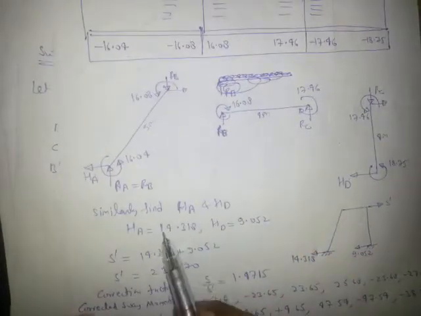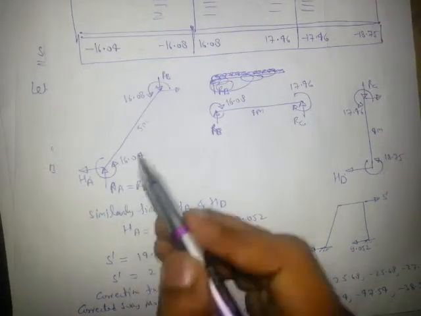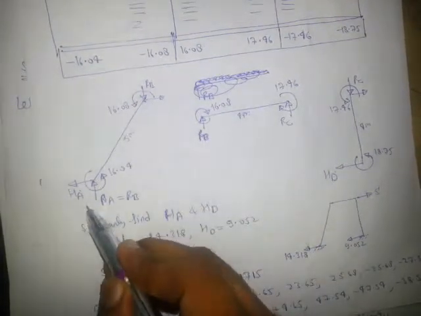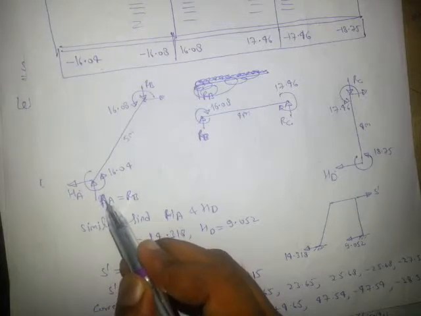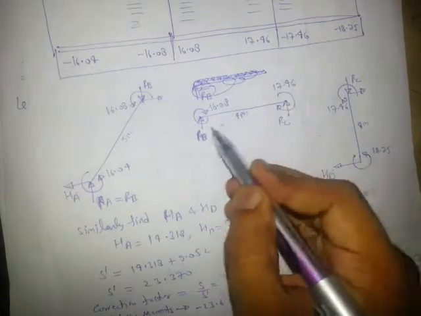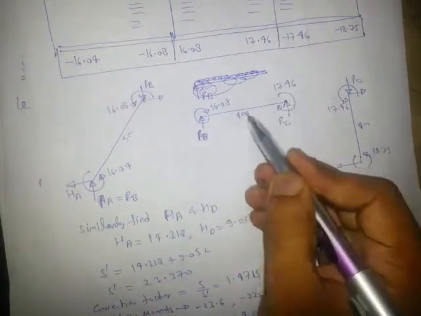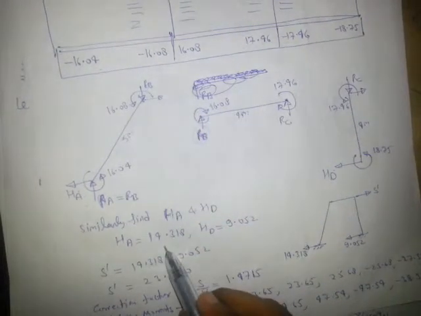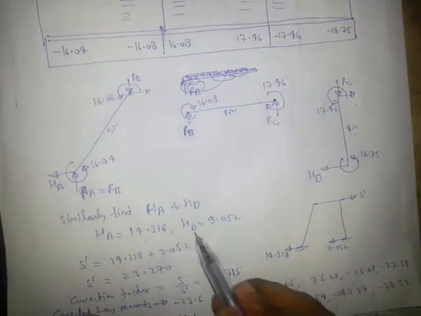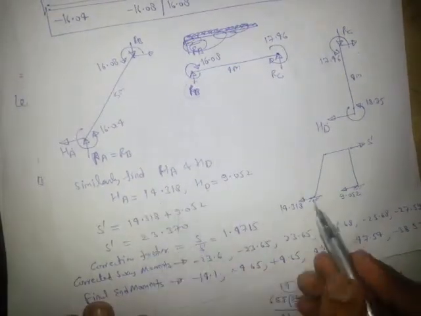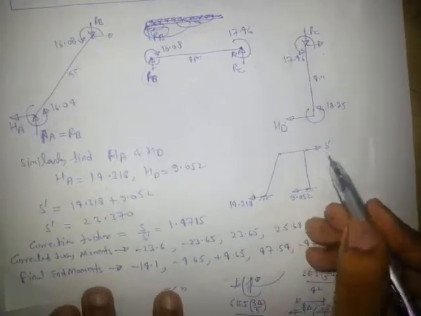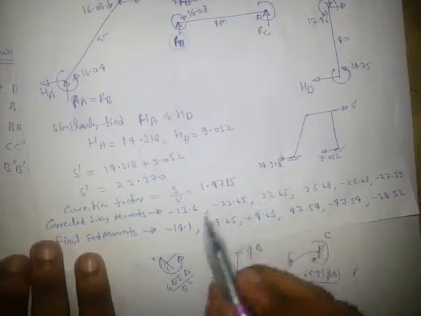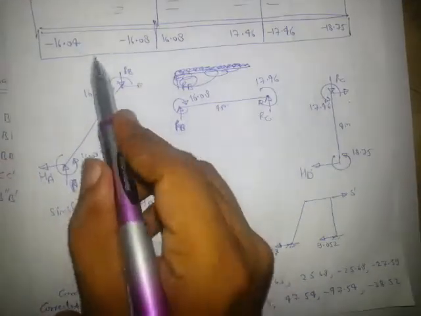Now you will write similarly, you will find this, right? So using the equilibrium, you will write summation MB equal to 0, you can find HA, but we need RA. So in order to find RA, we will write this equilibrium summation MC equal to 0, and from here we can find RB equal to RA, hence we can find HA, and from this figure we can find HD. So HA, this is HA, this is HD, so S dash will be HA plus HD. So S upon S dash will be this correction factor. Now we have to multiply this correction factor in these moments.